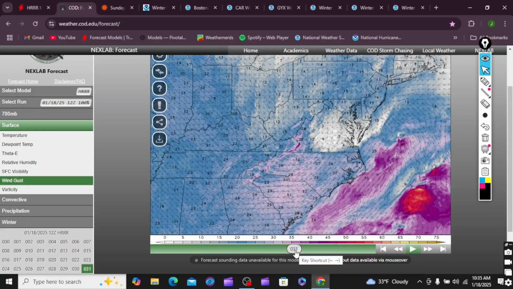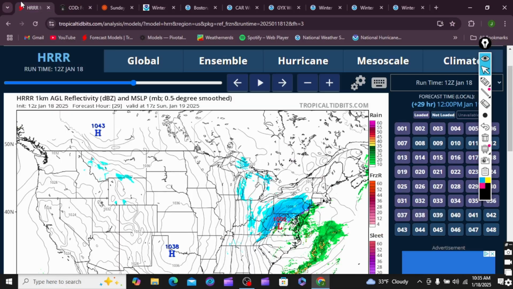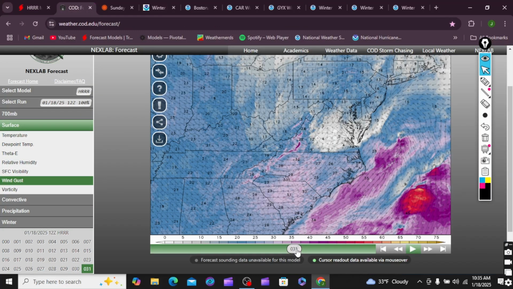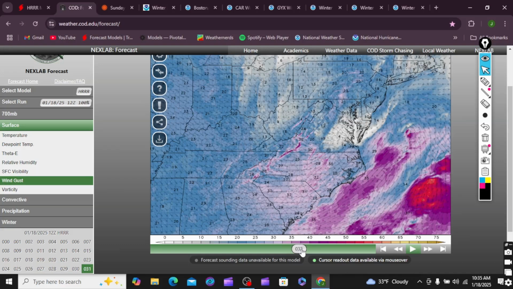And then let's go 1, 2. Okay, so that's 2 o'clock. You go 3 o'clock. You're starting to notice some 25 to 30 mile an hour winds by 3 o'clock. So this is between that heavier snow periods coming out of the northeast, the northwest actually. So you're going to have a northwest wind, okay?